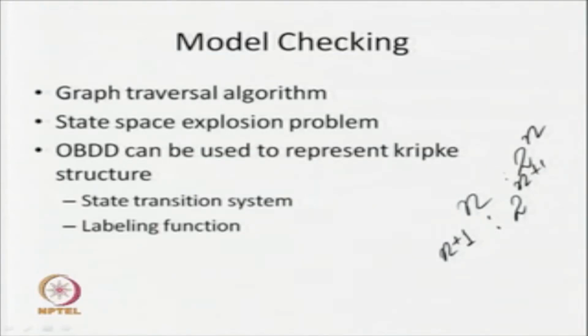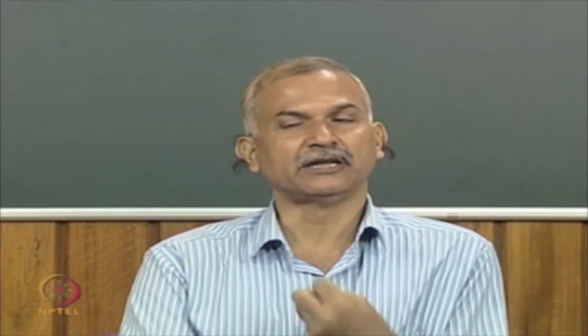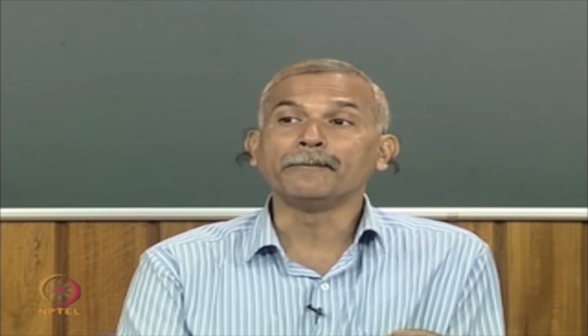So, this is a major problem if we go for a bigger system, that the state space will be very high. Now, how to contain this particular state space? So, BDDs can be used to contain this state space explosion problem, because already we have seen that the state transition system can be represented with the help of ROBDDs, and in most cases we have seen that most Boolean expressions can be represented with the help of compact ROBDDs. Also, I have mentioned that the size of this ROBDD depends on the